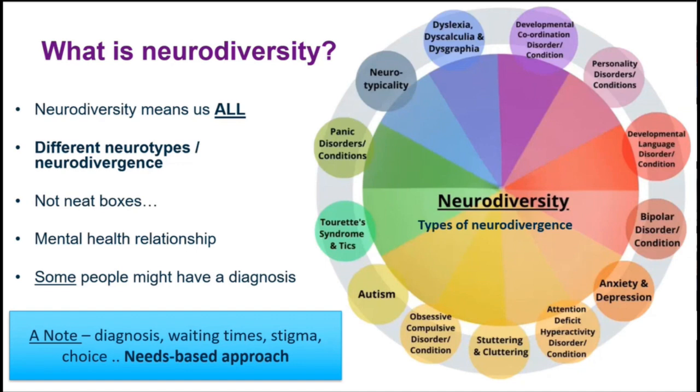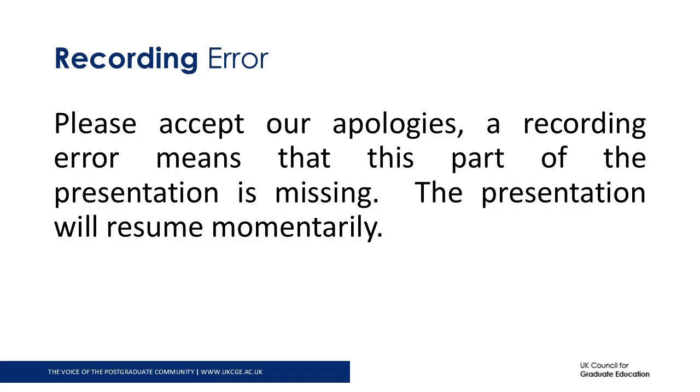That, of course, brings us back to the importance of understanding the individual and understanding their needs and their profile of strengths and weaknesses, and feeding that into supervision. Because it absolutely isn't the case where we should just be saying, well, what's the diagnostic label here, and assuming that that tells us everything we need to be able to provide the right and relevant support for neurodivergent postgraduate researchers.